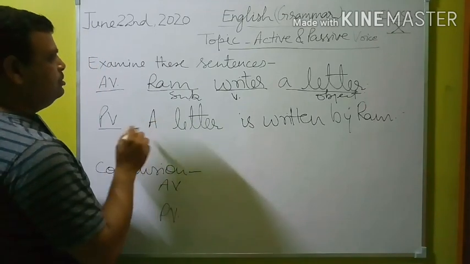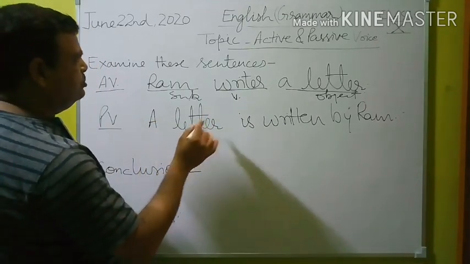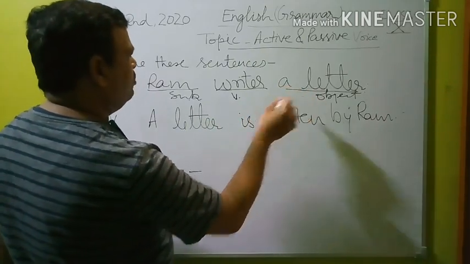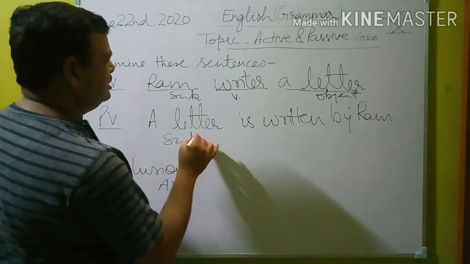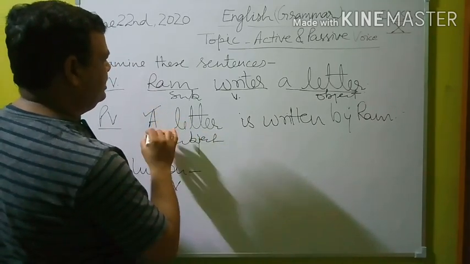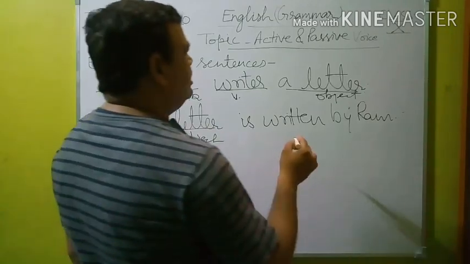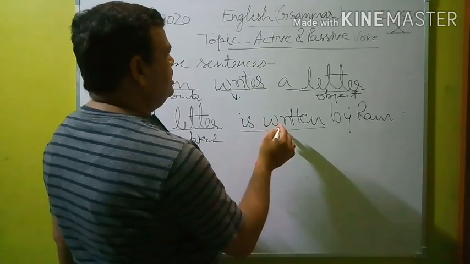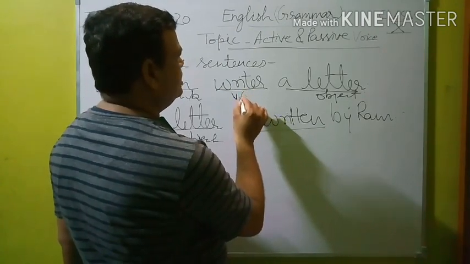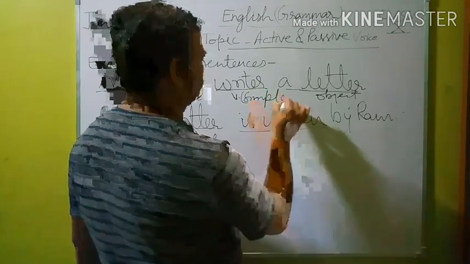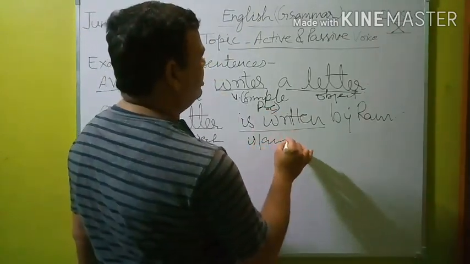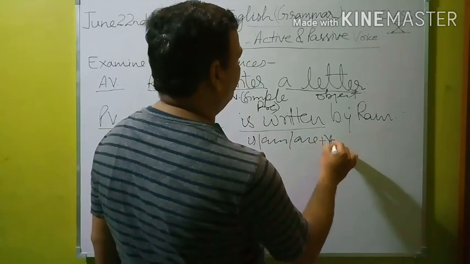In the passive voice also, the structure remains the same, but the position of object is changed. The object given in the active voice becomes the subject of the passive voice, just as you can see here. We have made a letter as the subject. Then, in place of verb, I have written is written. This indicates that the verb used in active voice is in simple present tense. Which tense? Simple present tense. For simple present, this verb structure is required. That is, is, am, are, followed by third form of the verb.